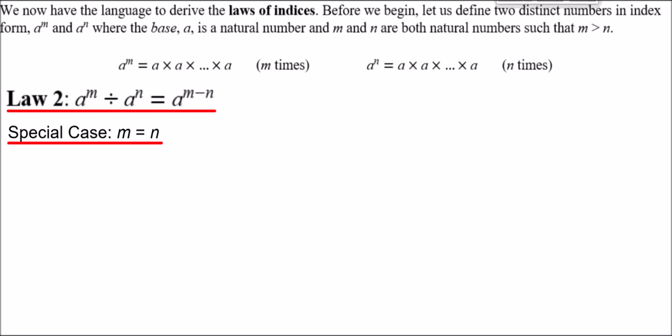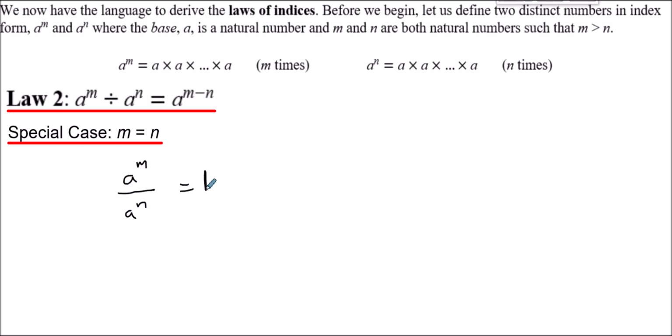Before we move on to the third law, I just want to quickly consider what I mentioned earlier about proving that any number to the power 0 equals 1. So let's just think about the special case here. If we just let m equal n for a second. Based on what we just proved here, a to the power m divided by a to the power n equals a to the power of m minus n. So let's just write this down in a different way. So a to the power m divided by a to the power m. For example, just letting this m equal n. Okay, so in fact I'll call this n. So that's going to be equal